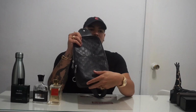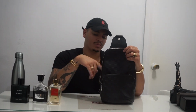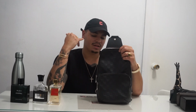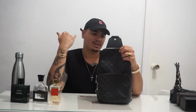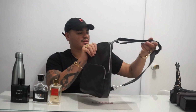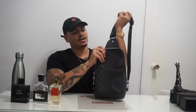But for a summertime bag, everybody's been doing crossbody bags. When I wanted to pick my crossbody bag, this was the first one on my list. I saw it, I needed to have it, and it was such a manhunt to find this bag because all the celebrities were buying them up, and there was one left in my area, and I had to rush over and get it. But I think I've had this bag almost a year and a half to 2 years, and it's just